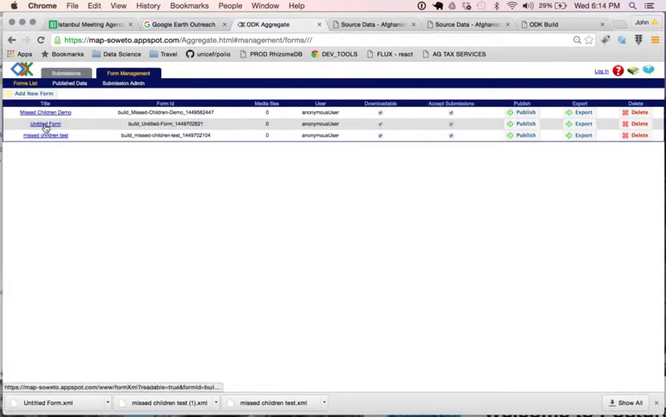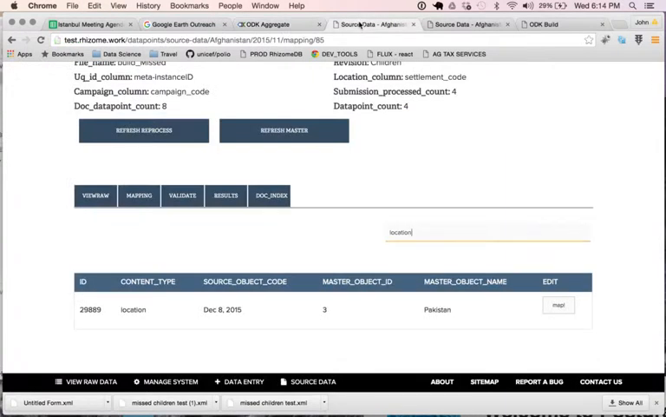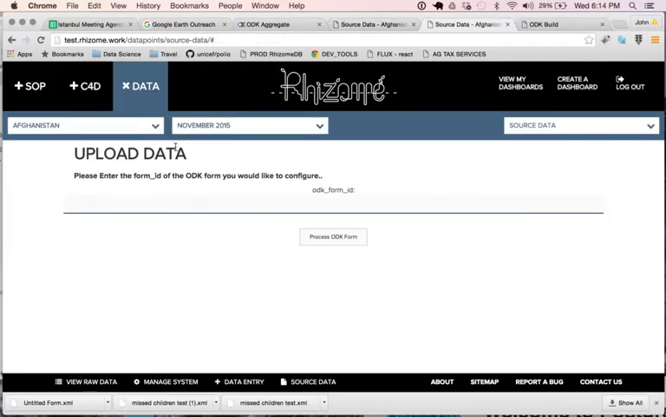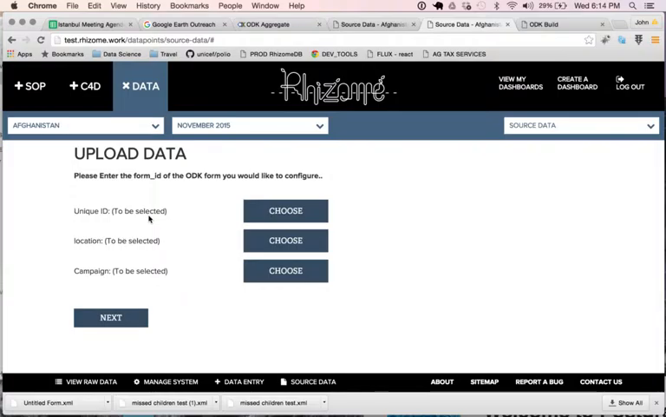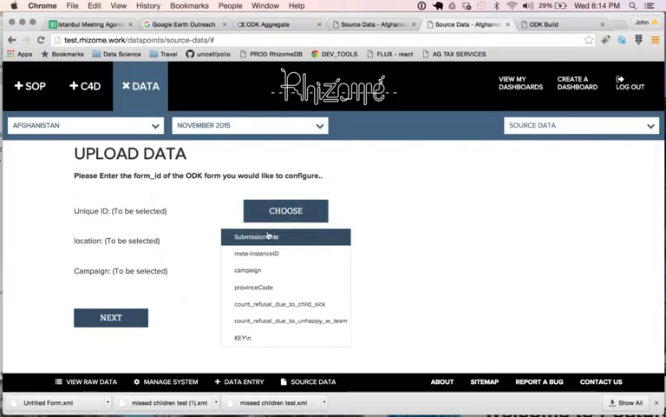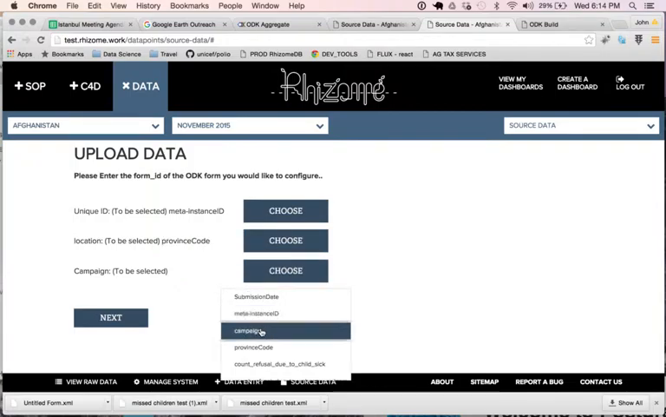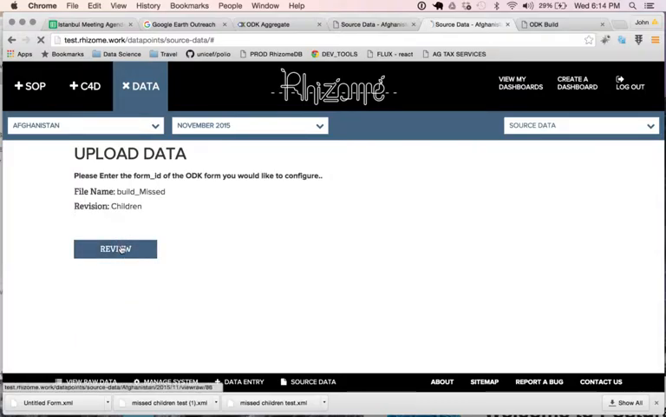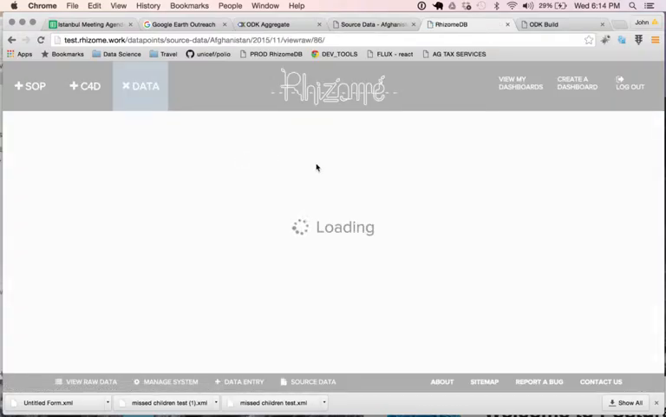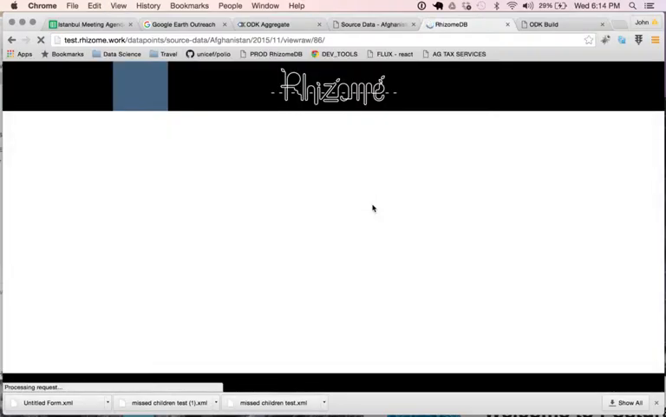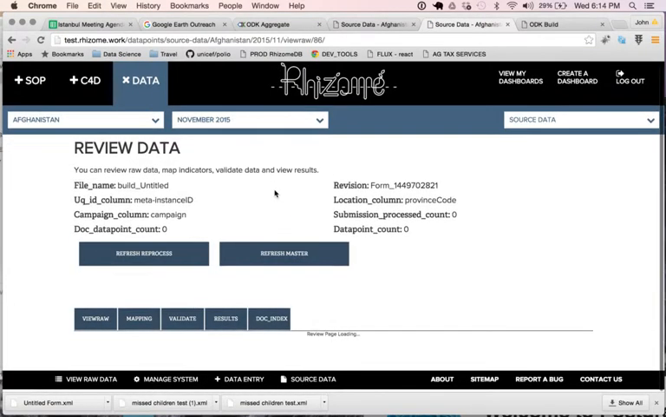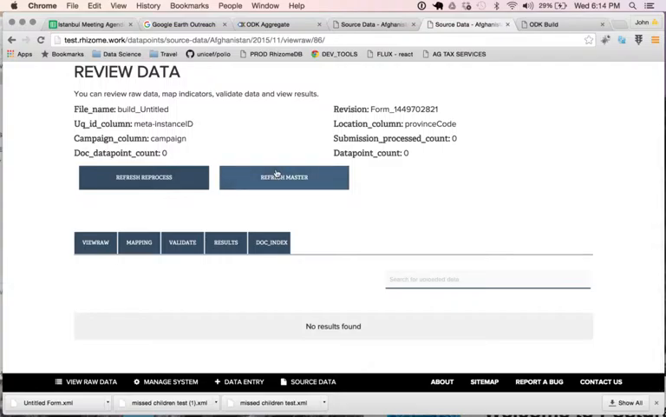Now I have untitled form, which is unfortunate, but doesn't really matter because this website here, if you recognize, requests form ID. So when I put in the form ID, I should be able to now map the columns. So the meta instance ID is a unique ID, location is the province code, and the campaign is the campaign. Click next, review. So we have no data in here, so this is not really going to be super useful to us. But we do have the form set up so that we can upload data via ODK and see